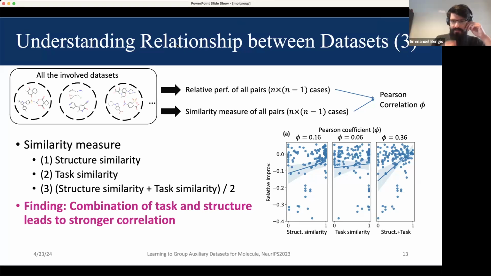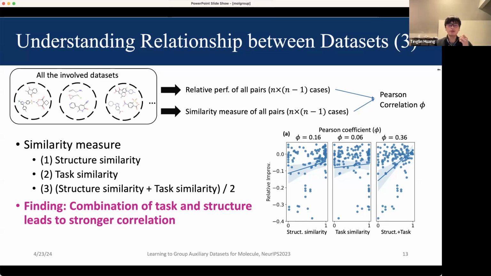Yeah, sorry. I have a question here actually about the result. If you look at the structure plus task plot, it seems to be almost bimodal. Like all the top ones have not much slope, and then the bottom left diagonal has quite a slope. Do you know what those dots correspond to?